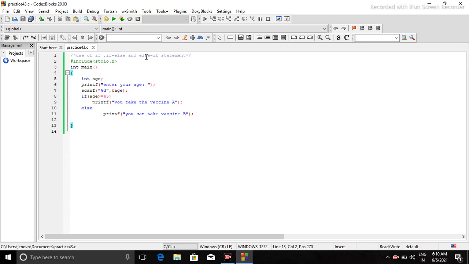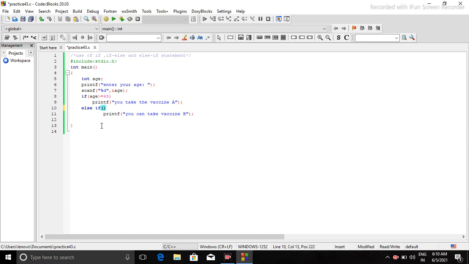That means when we have multiple choices, after checking the age condition, when we have multiple options, I will add one more thing here: after else I will put a space and write else if.